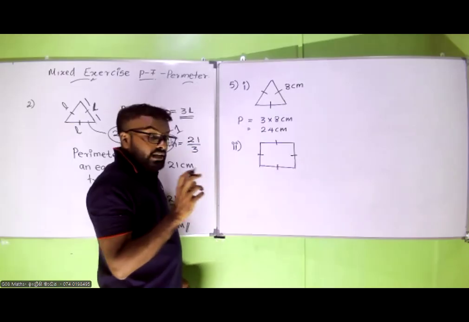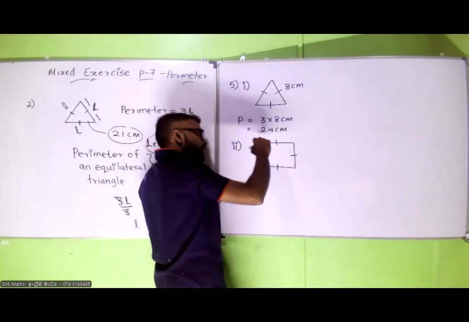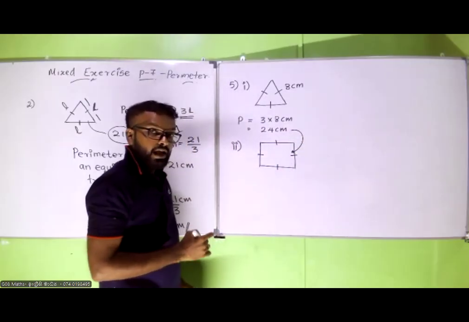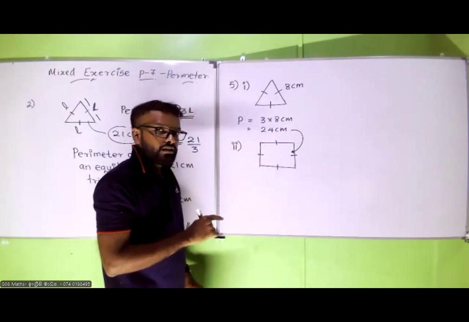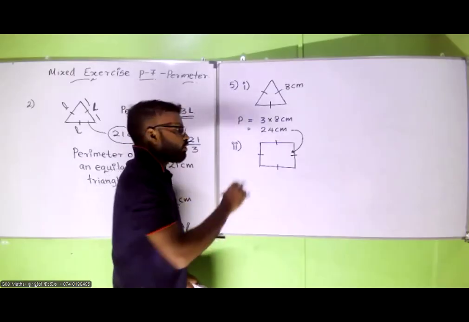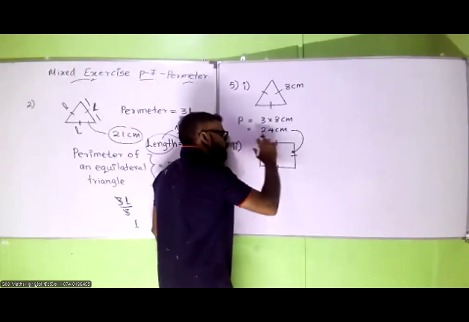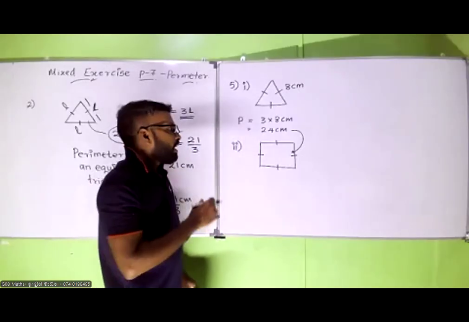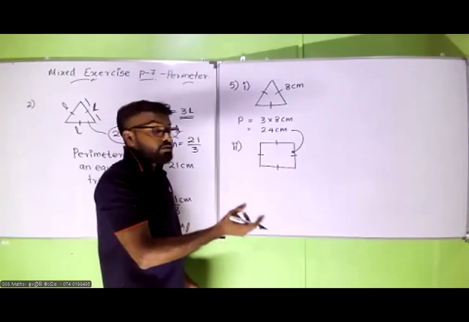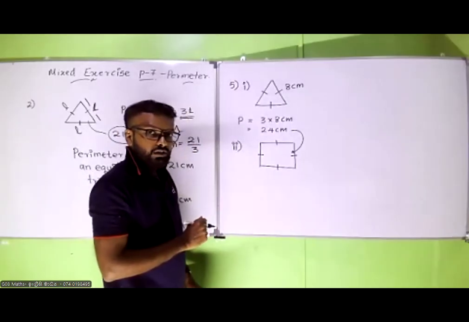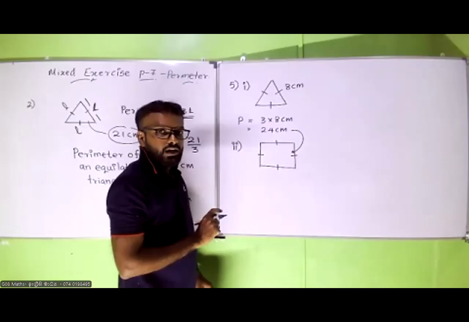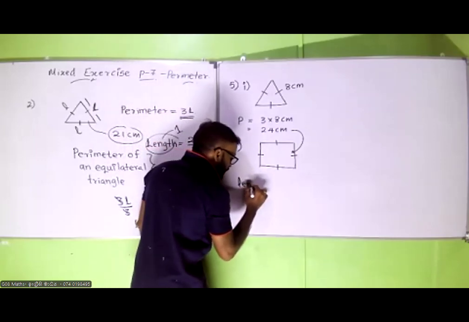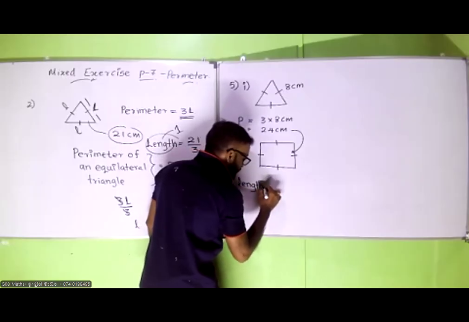And they are telling us to take the perimeter of this square as 24 centimeters and find the length of one side. So you already know you have 4 equal sides, and if you add those 4 sides, you will get 24. Then you need to find the length of one side. So directly you can write, length of one side